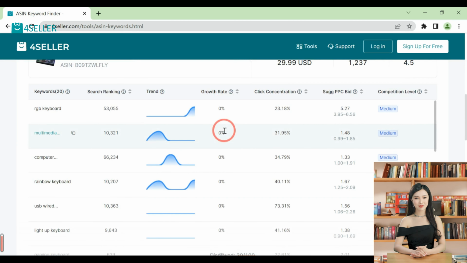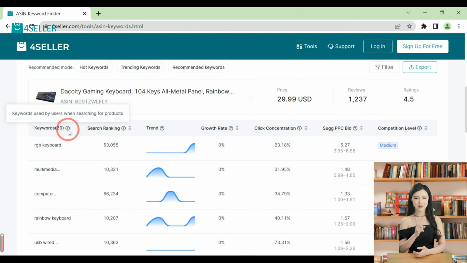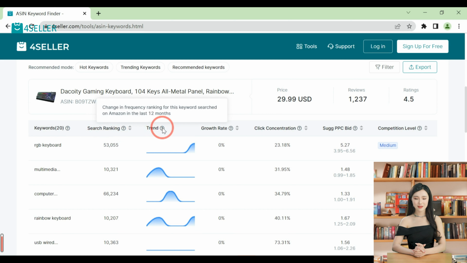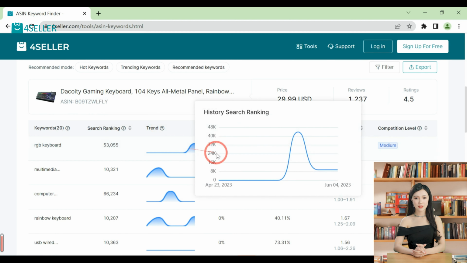The keywords captured from Amazon are displayed in sequence here, and you can directly jump to the Amazon search page for this keyword by clicking it. Search ranking means changes in frequency ranking for this keyword search on Amazon in the last 30 days. The thumbnail chart in trend shows how the keyword has changed in the past 12 months corresponding to specific dates